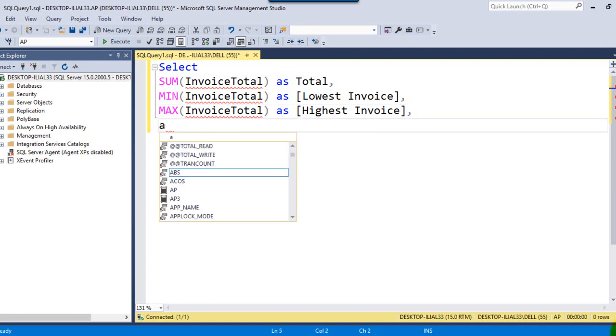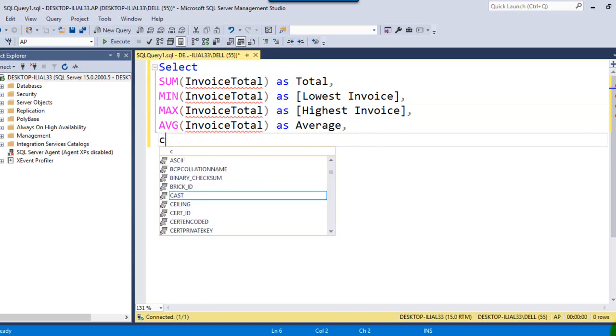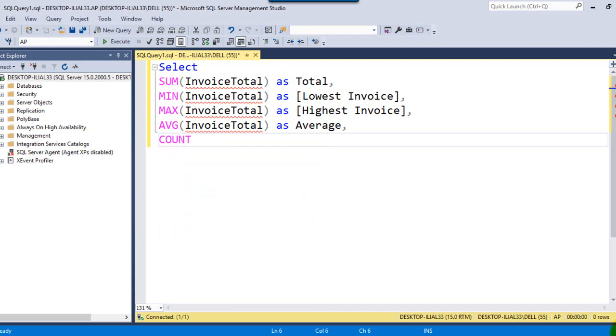Max function, and then we can have the average function, right? Average as average. Then let's have a count function. This time we will use invoice vendor ID, right? Distinct vendor ID, because we are going to ignore the duplicates of the vendor IDs. So let me call these total invoiced vendors,